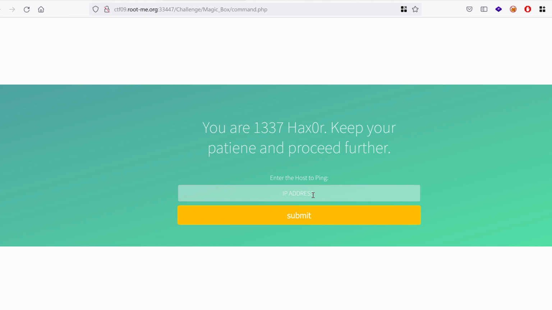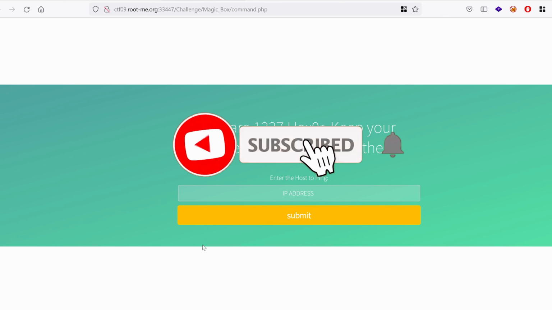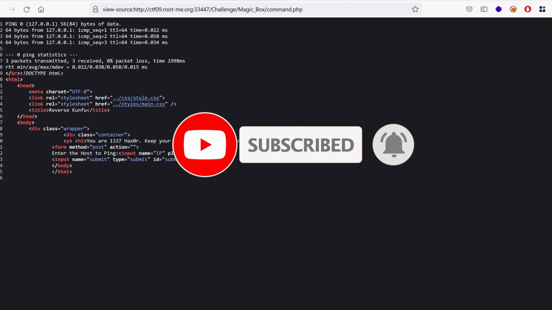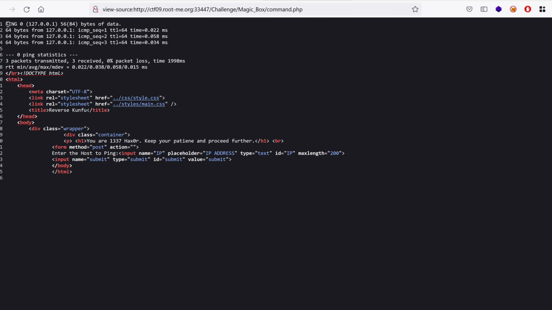Enter the host to ping. I can try 0 for localhost, why not? You can see that it's taking some time and we get nothing. But let's see the source page. Inspect the source and we get the output of the command. So this seems like a ping command using